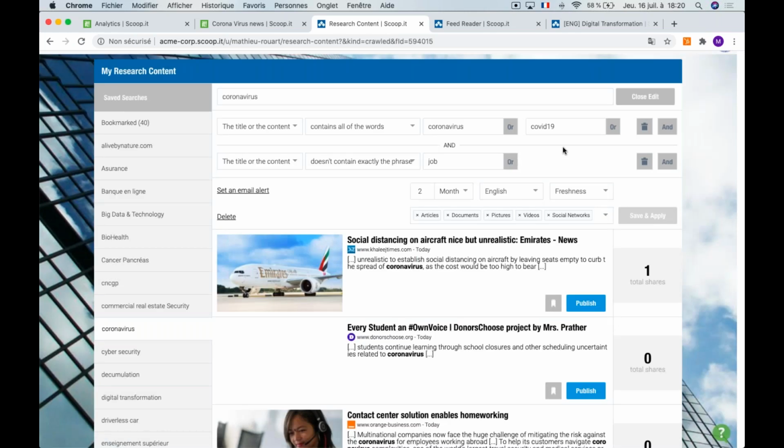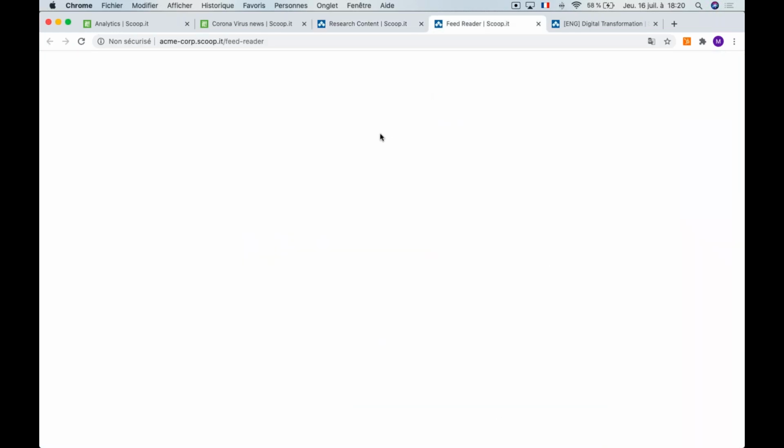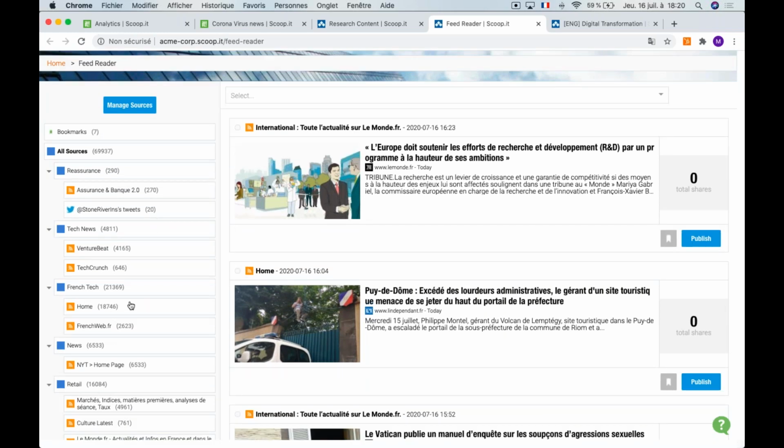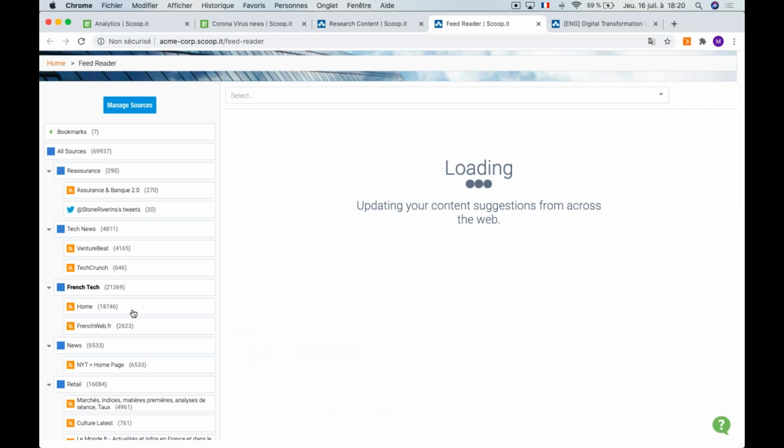The other option that you're going to have is the feed reader. This is great if you've got very specific sources. I'm thinking perhaps of medical magazines, anything that's going to be very specific and maybe wouldn't pop up on a regular browser. So here you can see all of the RSS feeds that we've added.